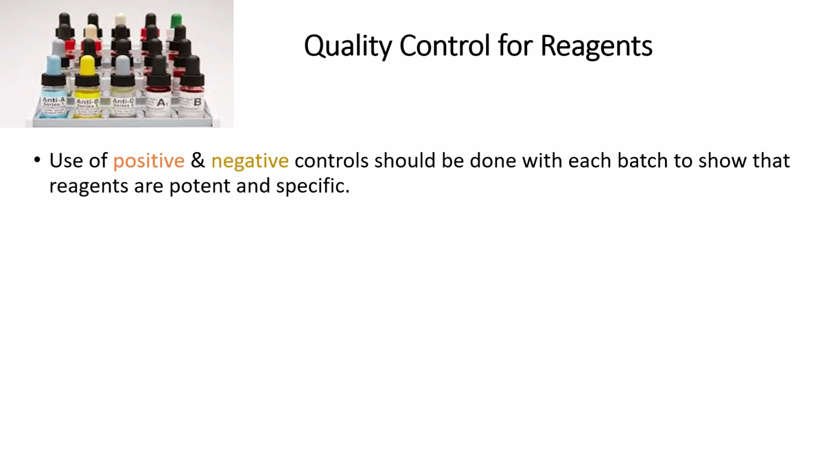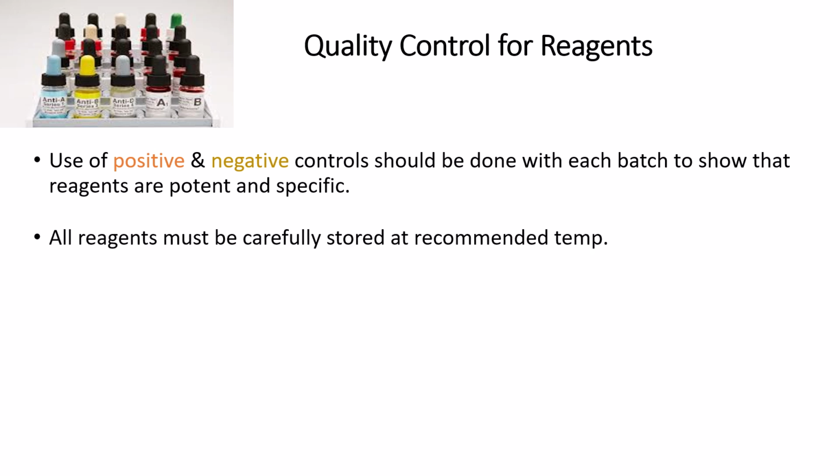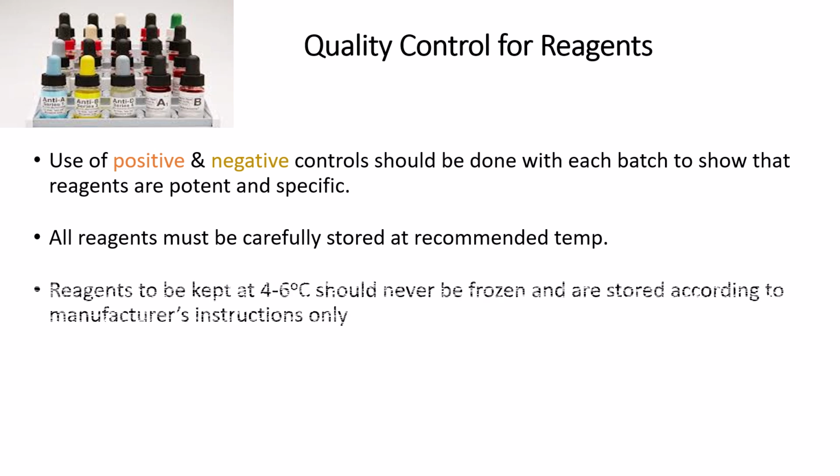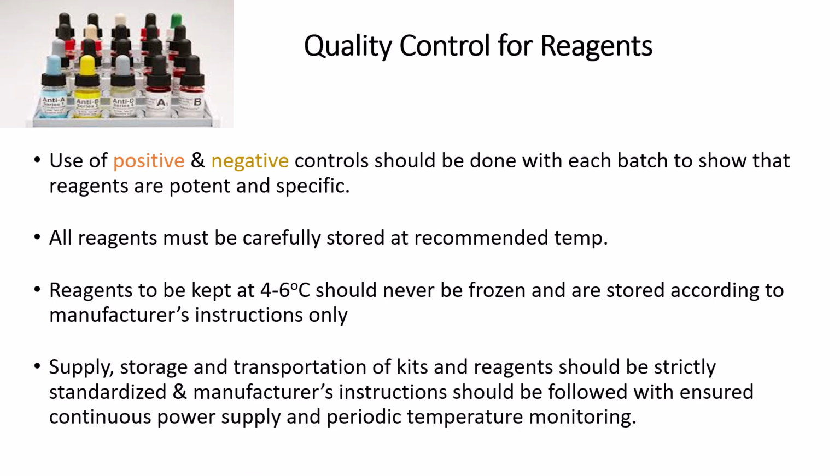Use of positive and negative controls should be done with each batch to show that the reagents are potent and specific. All reagents must be carefully stored at the recommended temperature. Reagents should be kept at 4 to 6 degrees Celsius, should never be frozen, or stored according to the manufacturer's instructions. Supply, storage and transportation of the kits and reagents should be strictly standardized and the manufacturer's instructions should be followed, with ensured continuous power supply